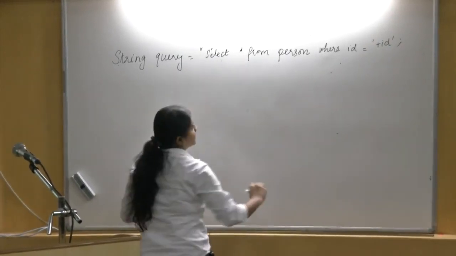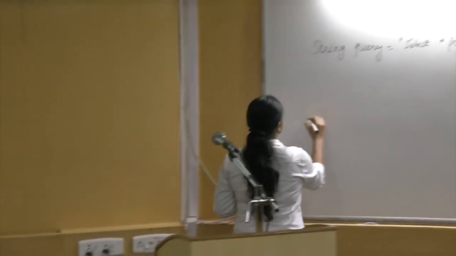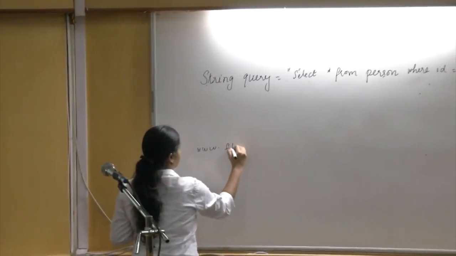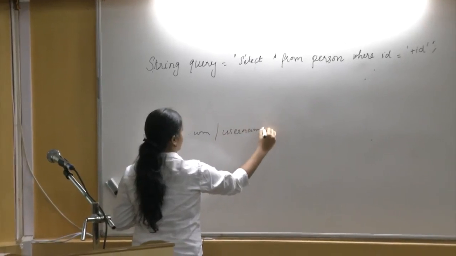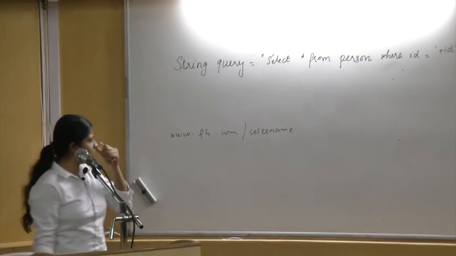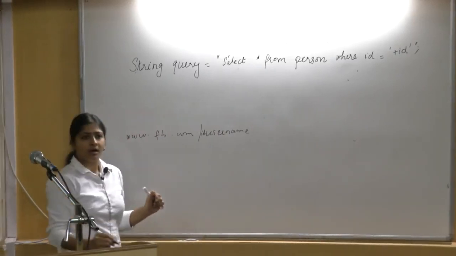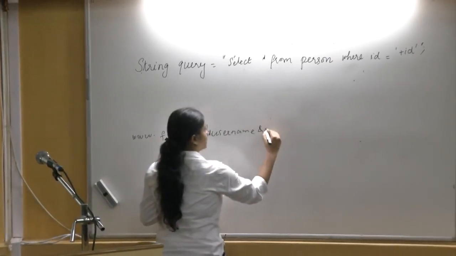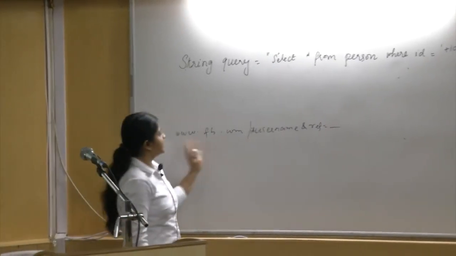Okay, let's have something like this. Everyone has seen URLs of different websites, right? So for example, Facebook. You will have www.facebook.com/your username. Okay, this is the basic thing, it's a URL. And also you could see something like id equal to, or ref equal to. So this is a URL.